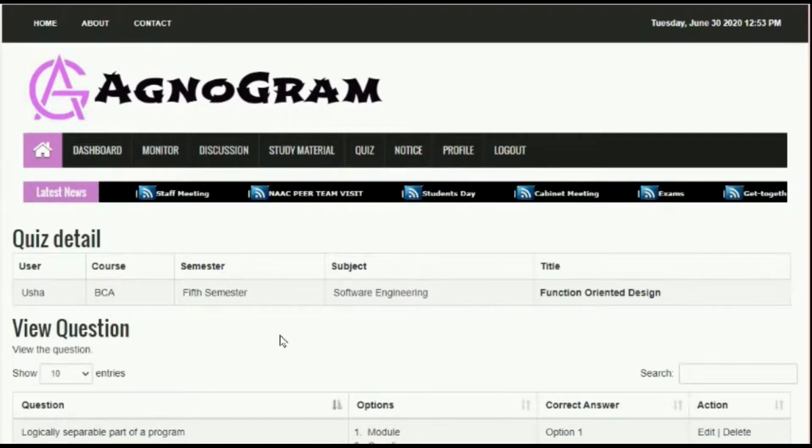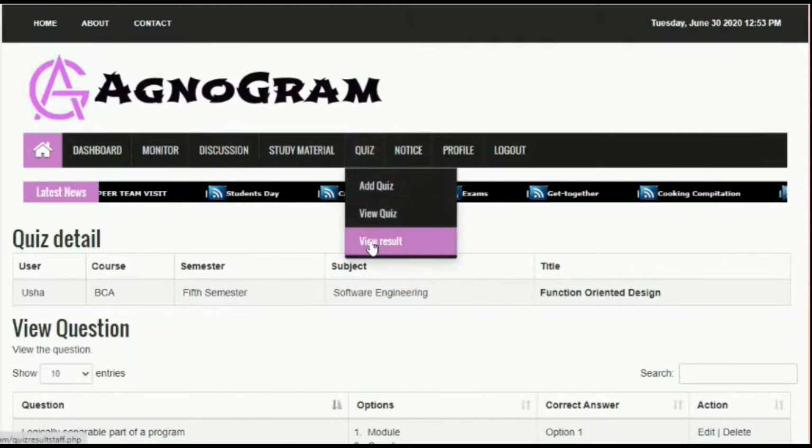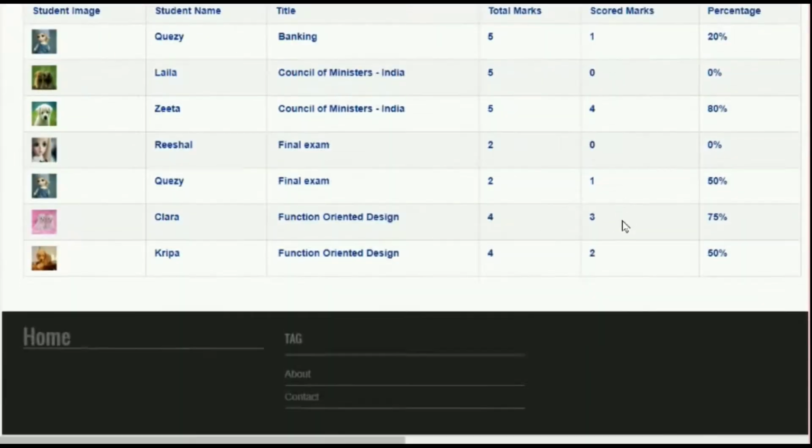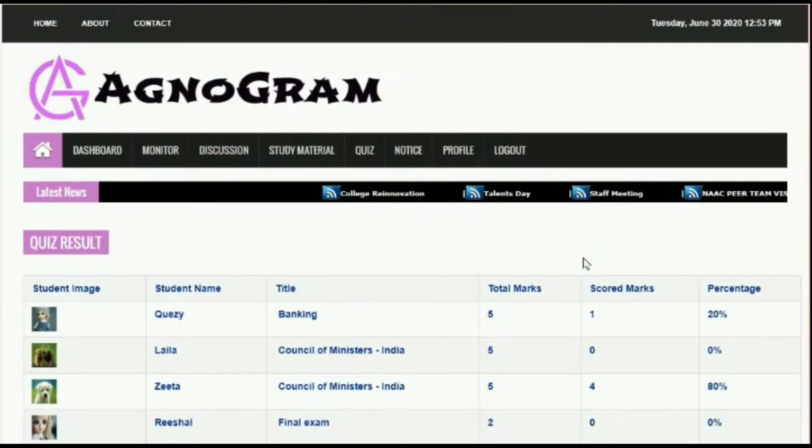Under View Result, staff can view the quiz results of the students. Once the staff logs out, the control is redirected to the home page.